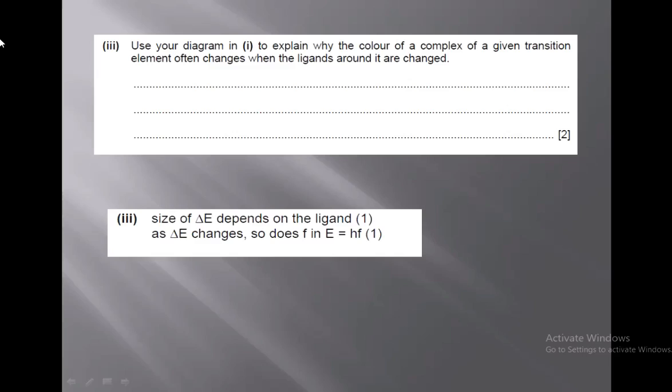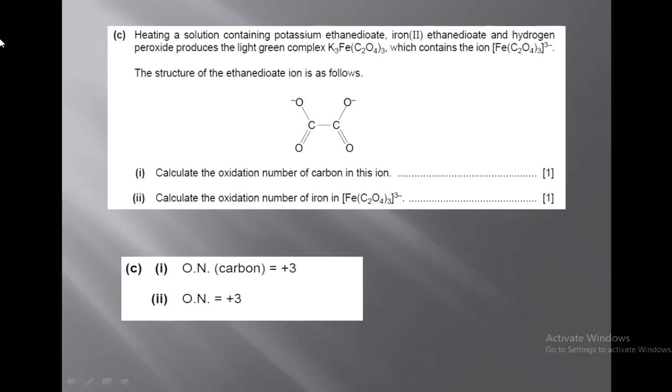So what happens is that, due to the incoming ligand, the splitting energy changes, and thus the photon that is absorbed for the promotion of electrons from a lower energy level to a higher energy level changes. So the color of the complexes gets changed. So the answers are given. You can see the answers, and after that, we will be coming to the C part of the question